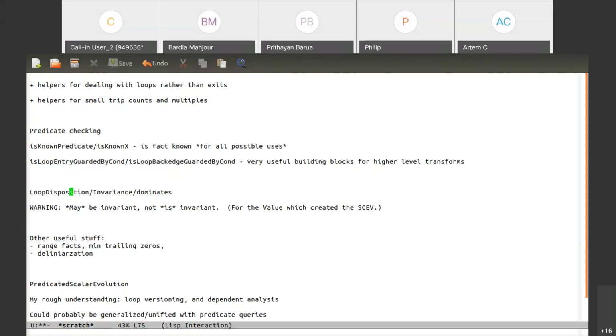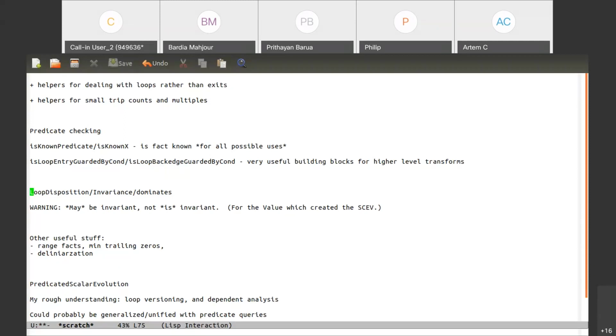Okay, so the next one is loop disposition, invariance, and the dominates routines. These are mostly used internal to SCEV, but have a few external consumers. The basic notion of loop disposition is it gives you an indication of whether the value that you're looking at is potentially loop invariant. Now, the potentially loop invariant piece here is a bit subtle because all it says is